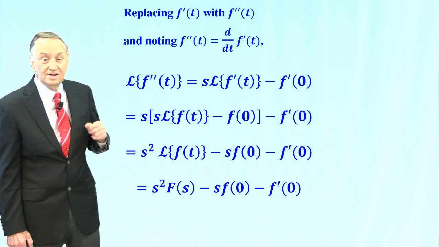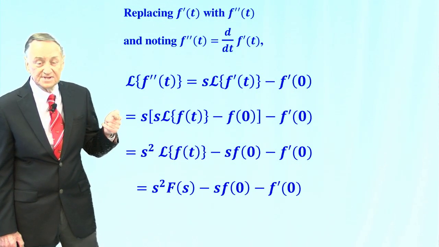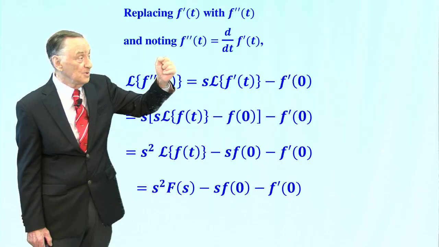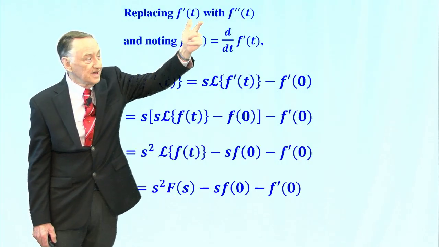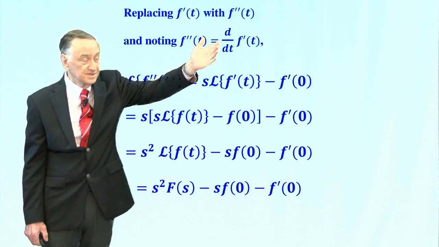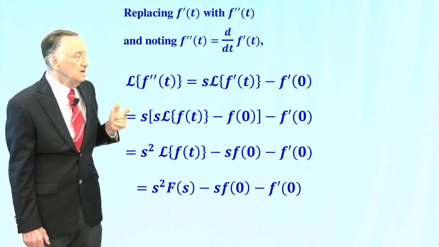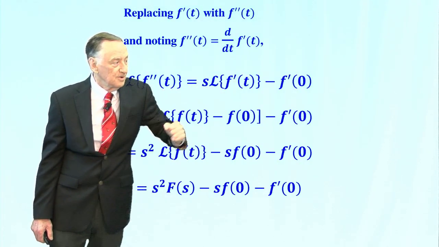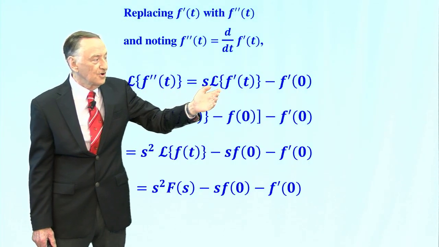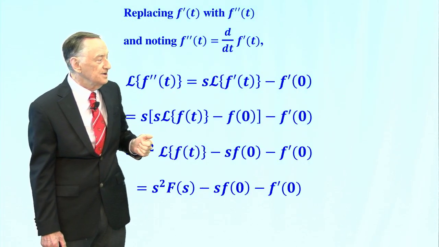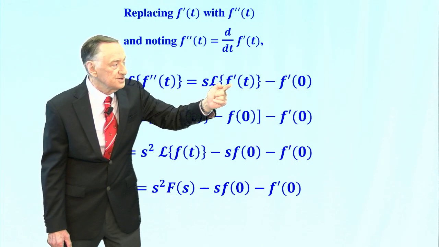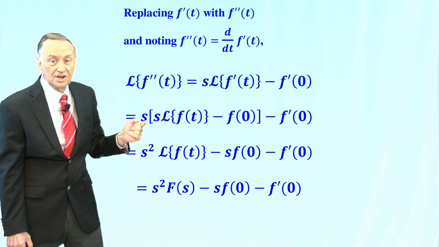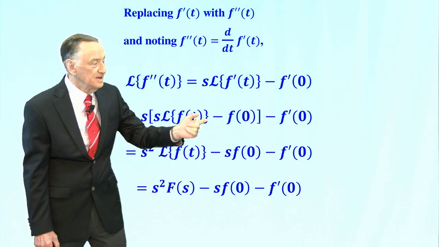Let's use that same formula for f prime, Laplace of f prime at t, to find the Laplace of higher and higher order derivatives. First we're going to start with f double prime. We're replacing f prime with f double prime, and of course f double prime is the derivative with respect to t of f prime at t. So here we've replaced f prime with f double prime, replaced f with f prime, as you see right here. We've used that same formula here and we get this form right here. But now we replace the Laplace of f prime with what we got previously, which you see in here. So we've got s squared Laplace of f at t minus f at